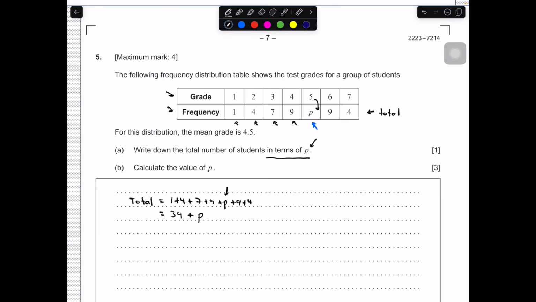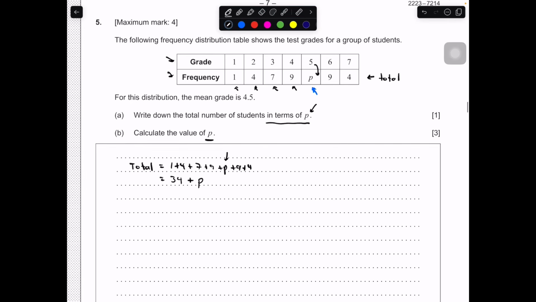Here they ask us to calculate the value of P. So the value of P, and in this case we're going to look for an equation. They told us earlier that the mean grade was 4.5. The question is, how can we create an equation to incorporate that and then solve for P? So let's go ahead and see if we can work that out. So what do we know? The mean itself